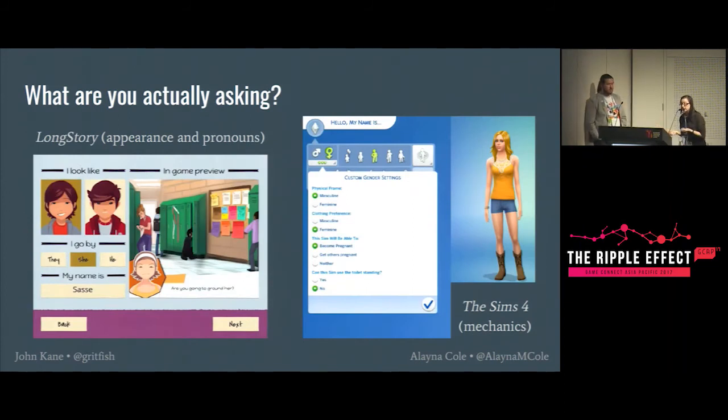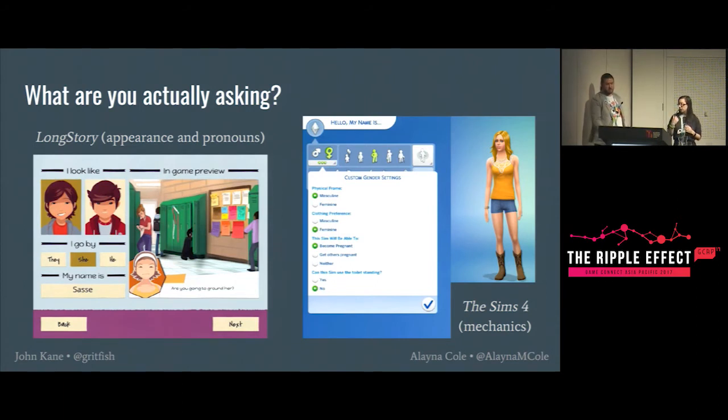The better approach is asking for appearance and pronouns, and it just does that. What's your face? What's your pronouns? What's your name? Off we go. It's very straightforward: ask what you are trying to find out. You can change those at any point in the game, which is also a really important thing to add, if you can. Fluidity is awesome, and things like Pyre do that really well, where you can go into the menu and change the pronouns around at any point. So that's a really cool setting to have.